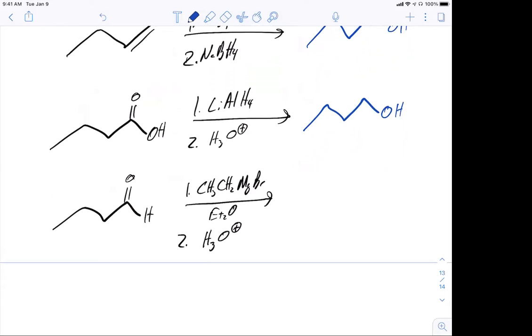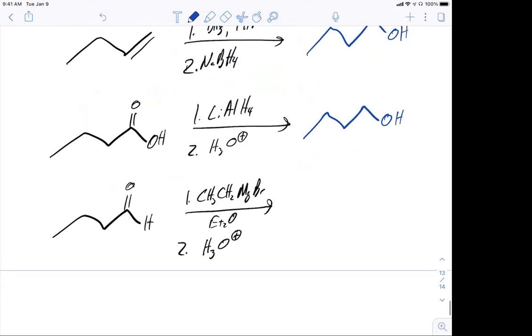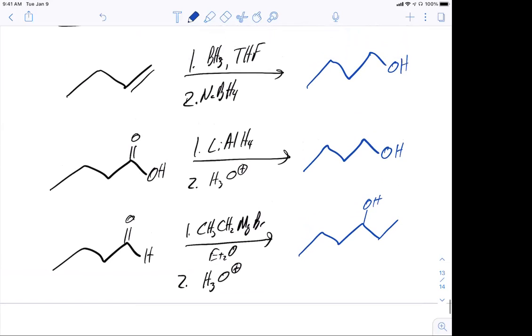Then the third one, we have an aldehyde reacting with a Grignard reagent. That'll end up with a secondary alcohol and adding 2 carbons. And again, it's always good to count your carbons when you're doing these, especially on multiple choice tests. It's easy to put 1 less carbon or 1 more carbon as a distractor. Questions about these 3 reactions? Okay. All right, we're on